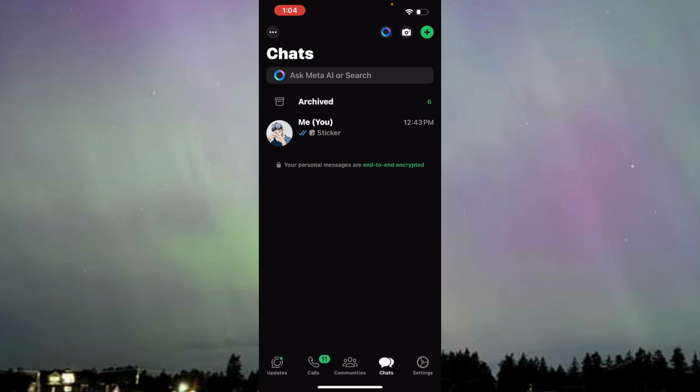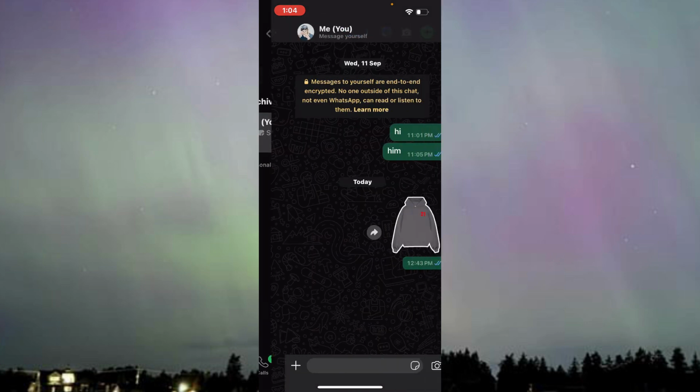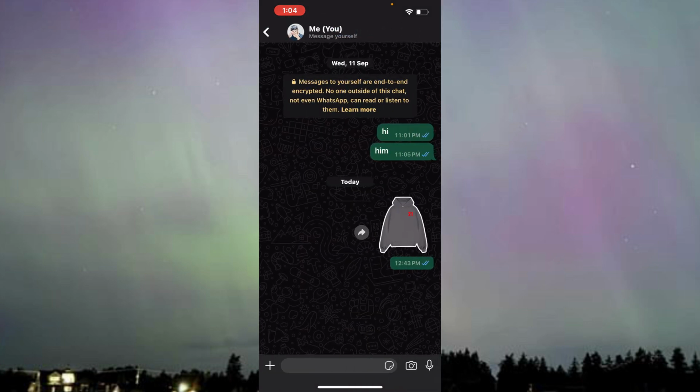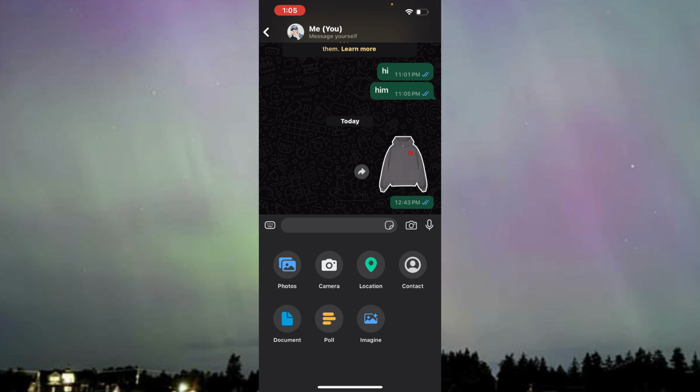But yeah, you just gotta go into a chat, and once you're inside a chat, you just need to press on this plus icon on the corner. Once you do this, it'll show you all these options. Usually people select photos to send their videos, but in case you want to send larger videos or HD video files, you just go ahead and press on document,